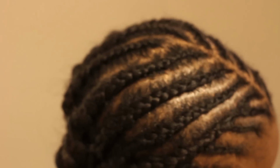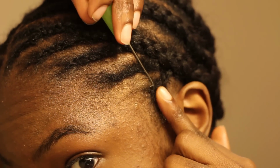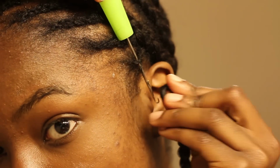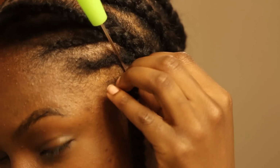So now I'm just going to begin to crochet the box braids onto my hair. I'm going to start from this end, and I'm just going to grab the crochet needle and put the crochet needle through the hair, latch the hair onto the loop, close it, pull it through,